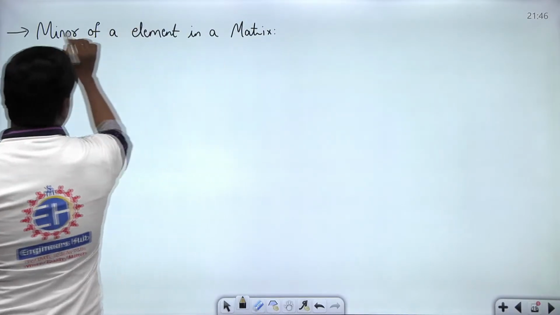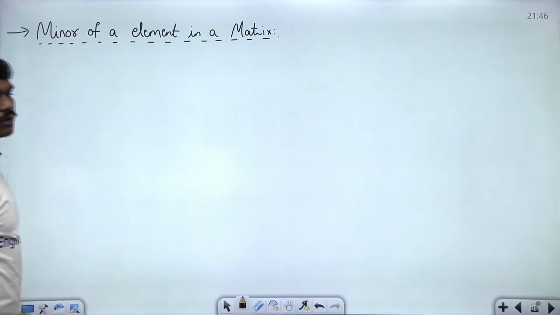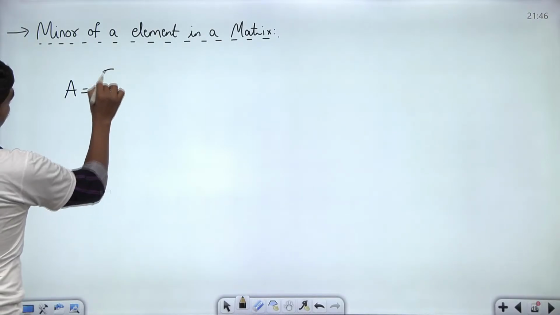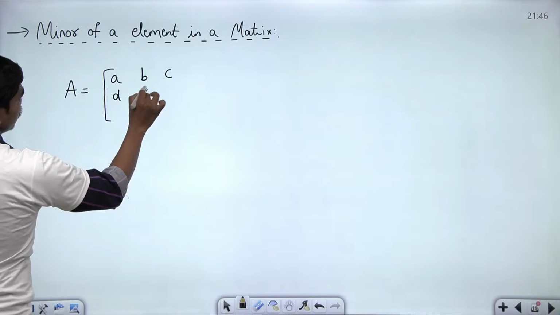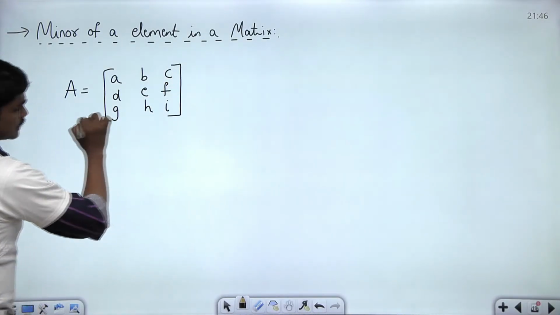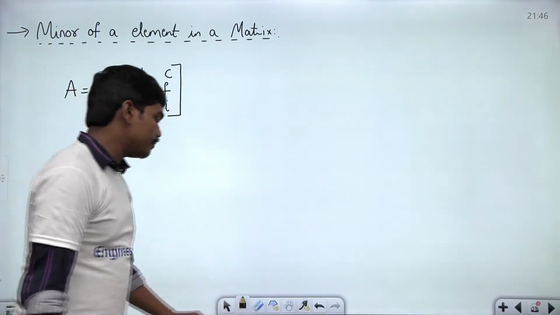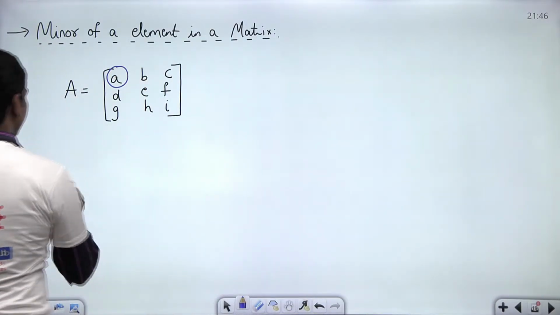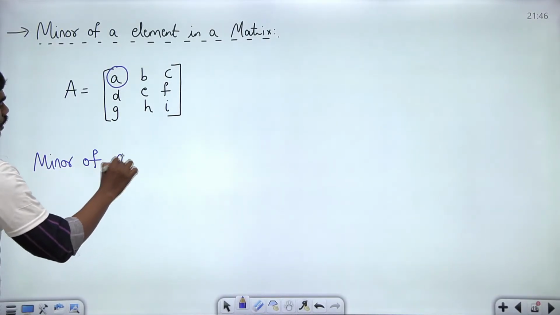In a matrix. Fine. So let us see what is the minor of an element. Now let us suppose you have a matrix A, B, C, D, E, F, G, H, I. Now if I want to talk about the minor of A, meaning if A is the element here, and if I want to say what's the value of the minor of A,